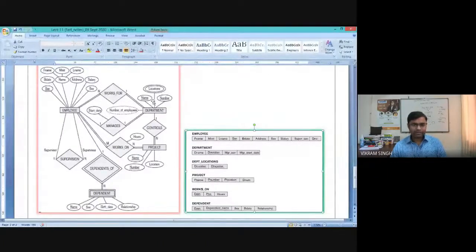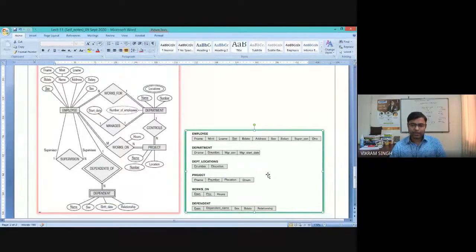So now we are familiar with this diagram also, because we got a few assignments, or we have got a few lecture notes based on this diagram. So you can see here we have got all possible cases for which we have taken the thumb rules. For each entity, employee, department, project, and dependent, we have defined this logical schema. On the right side diagram, you can see we have an employee table, a department table, a project table, and a dependent table, right? So for each entity, we have created the possible relational table.